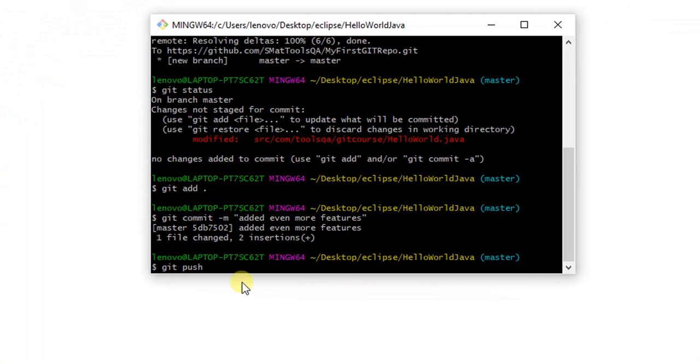So, to push these changes to the repository, we again have to use the command git push. But wait, didn't we just learn that we have to follow this command by the GitHub repository path? And for that, I'll have to go to the repository page, copy the URL and paste it here. This is so tedious. Well, we are lucky that Git has provided us with a way through which we can save this path and use an alias instead.